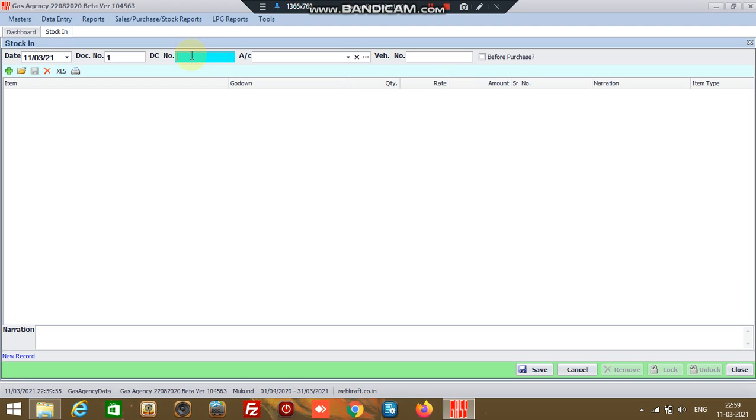Whenever the subscriber cancels or terminates the connection, he has to return that particular regulator, for which he will get his deposit back. So that is how the regulator transaction is treated.